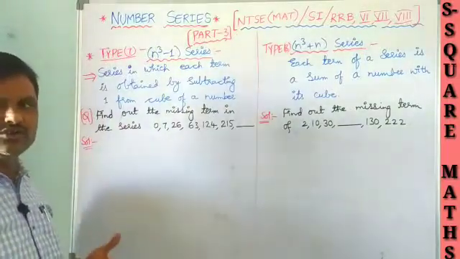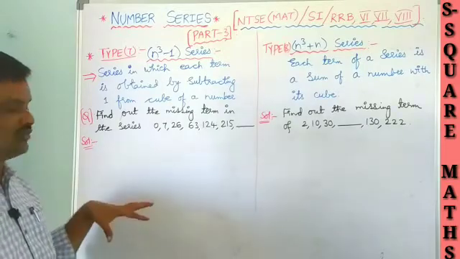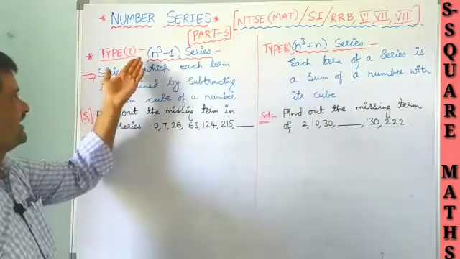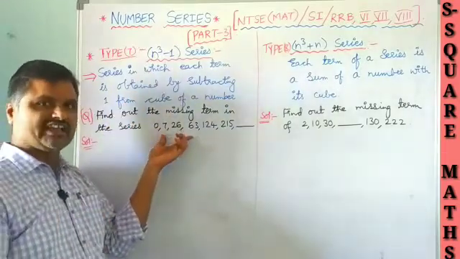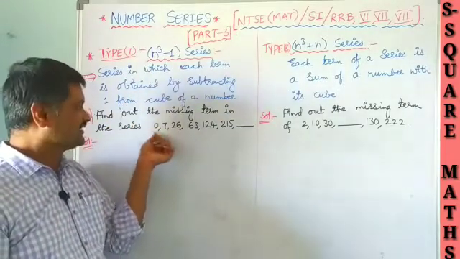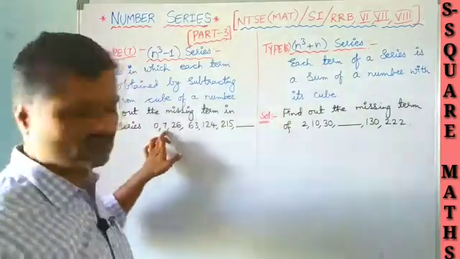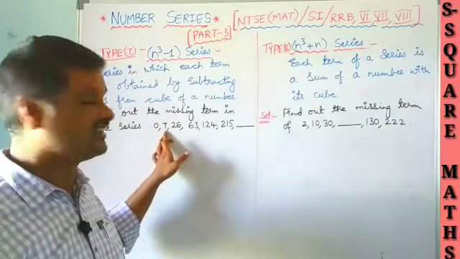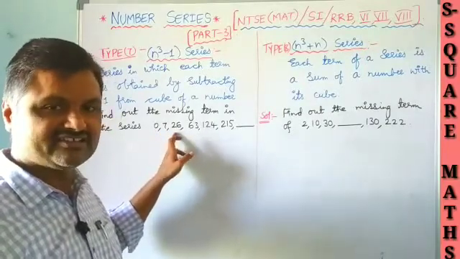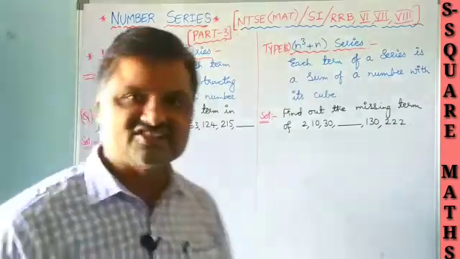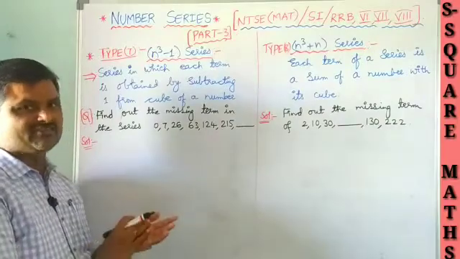If you are not going to get it, let us check for cubes, n cube. Let us go for 1 cube, nothing but 1, minus 1 is 0. Next, try 2 cube, 2 into 2 into 2, 8, but here it is 7. Next, 3 cube, 3 into 3 into 3, 27, but here it is 26. So by observing this, each term is obtained by cubing the number and subtracting 1 from it.